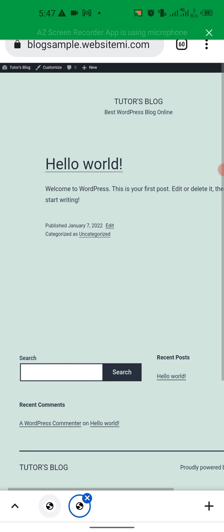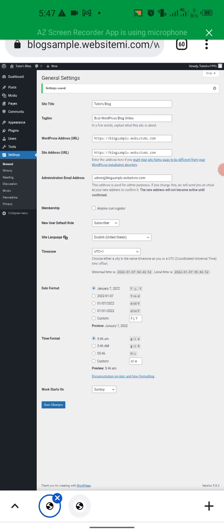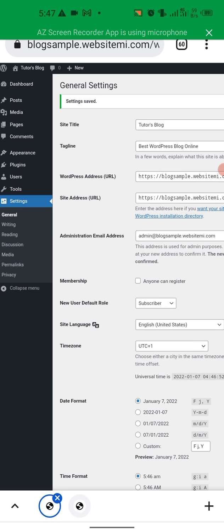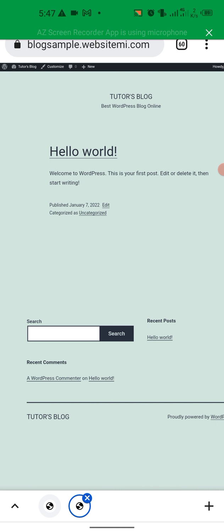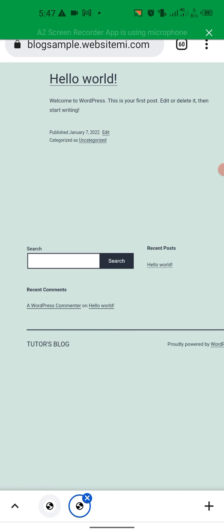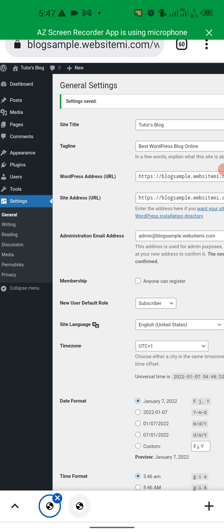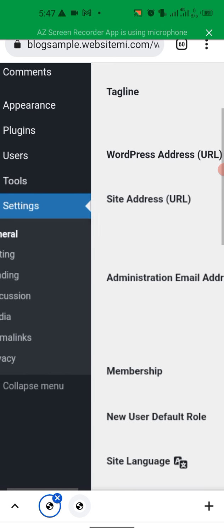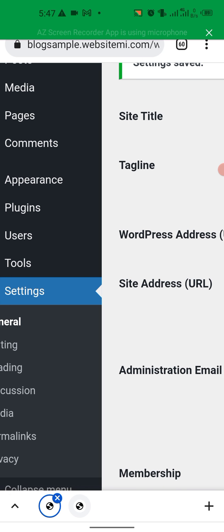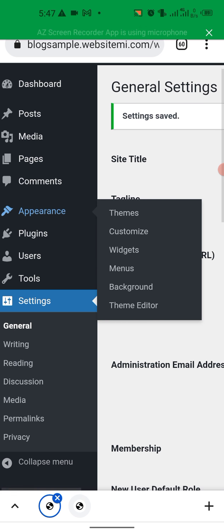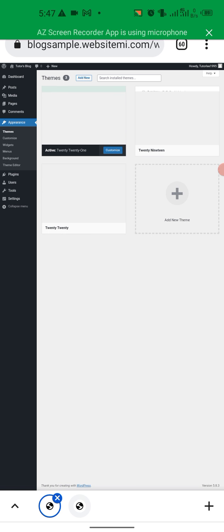I just hope I'm not too fast for you. Now the next thing I want to do is install a theme. A theme is just like the skin of your website. A theme determines how your website will look. So the best theme that I have been using is Cadence. It's called Cadence. So in order to change your theme, you just come to Appearance, Themes, you understand that, and